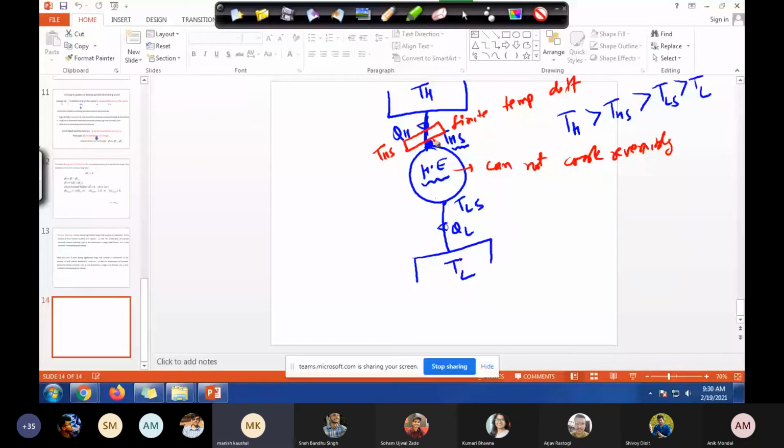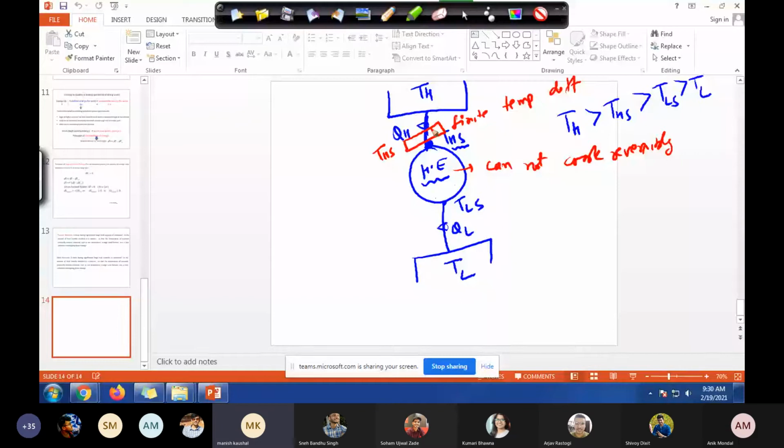That is the whole thing. Basically, you have to contain it. If heat is coming to your system irreversibly through a finite temperature difference, what is the remedy? Because we want to extract maximum work from the system. Take another reservoir and maintain the temperature of this reservoir at the same temperature as your system. So it will be a kind of heat container.